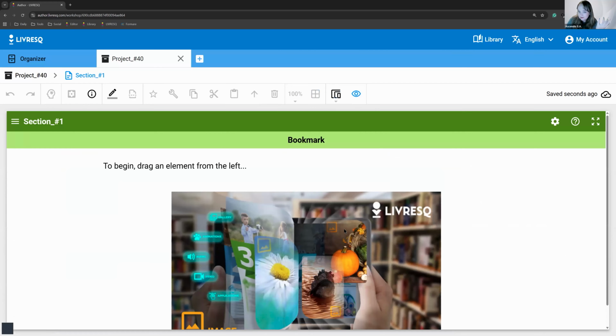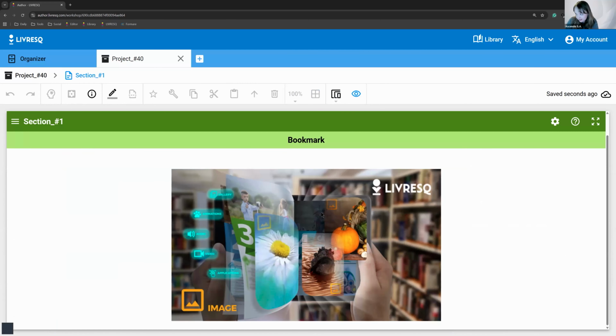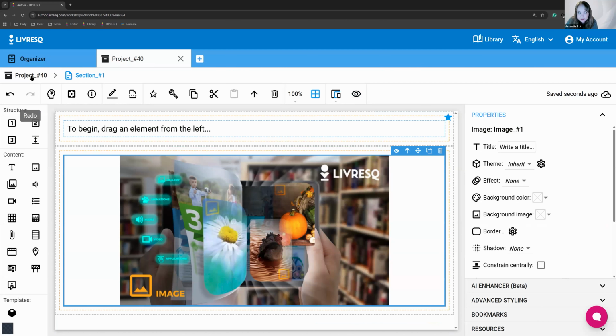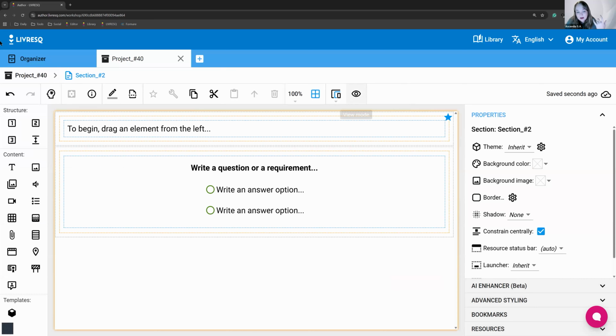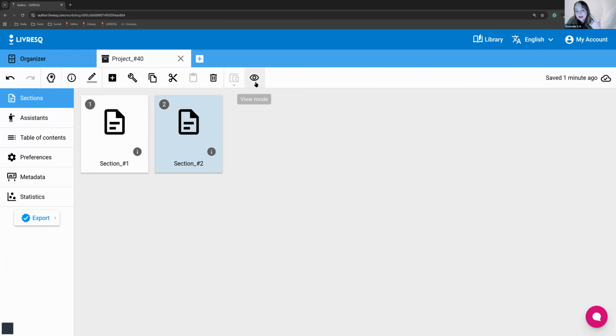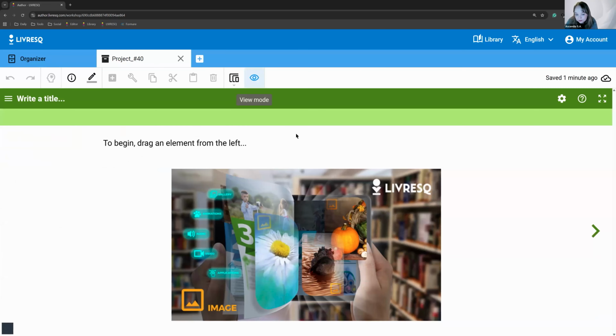Now, if I activate view mode from inside my section, I only get to see that section, obviously. In order to see both sections, I need to get back to the project level, and I can do this by following the breadcrumb up here. I enter the section, I get to the project level, and I go into view mode up here. So from the sections menu, I can see both of them. I enter view mode,